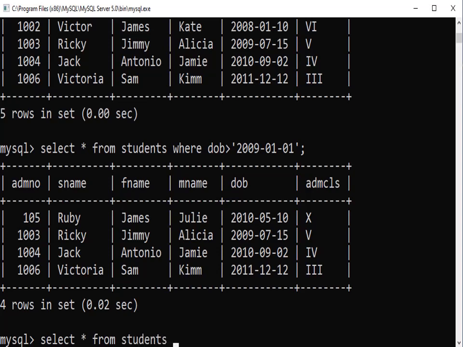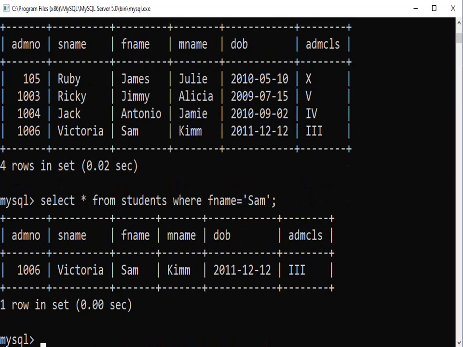Select asterisk from students where fname equal Sam. So you can use the condition based on numbers as well as on words. Even with the selection process you can use projection also. In case you don't want to see all the columns, you can write the name of the columns that you want to display,